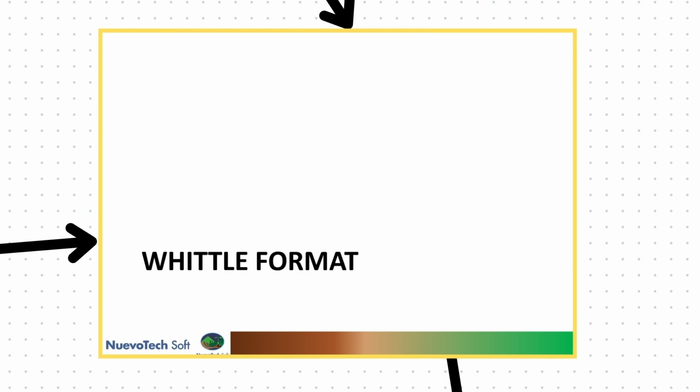Now let's switch over to Whittle, we can say a common strategic planning tool. Whittle uses its own block model format. It takes the block model from another program like Surpac to process it. The Whittle format is coordinate based. It uses the block